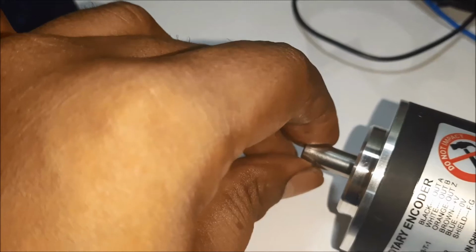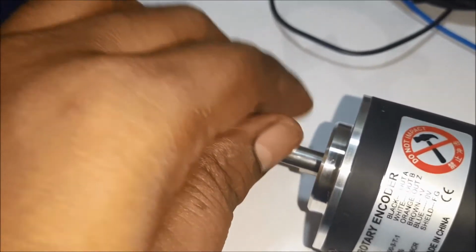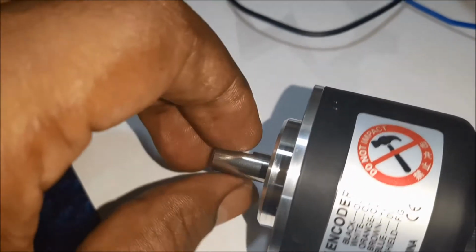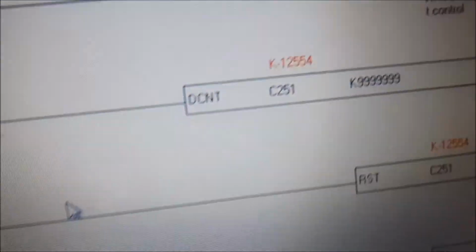Again, clockwise, and you are getting the value minus.